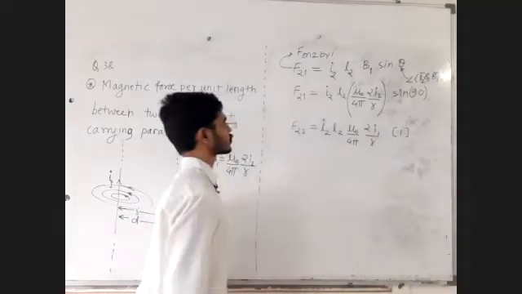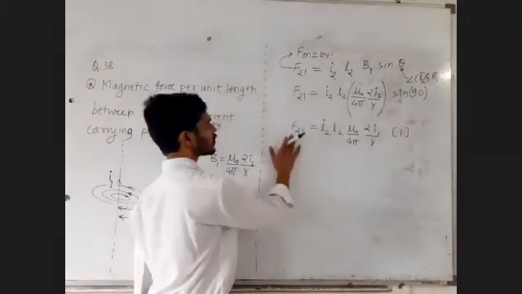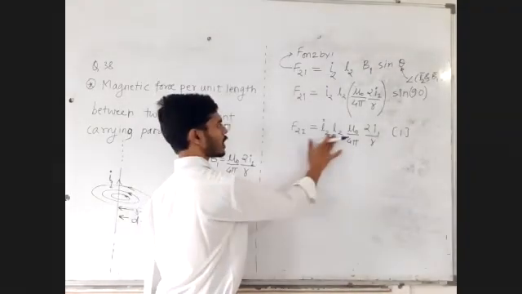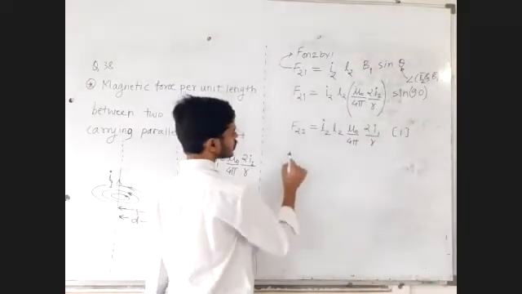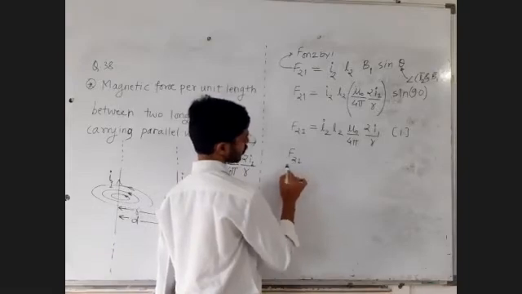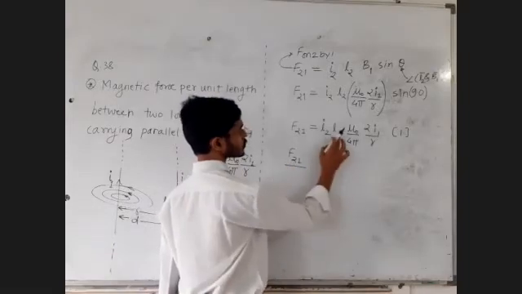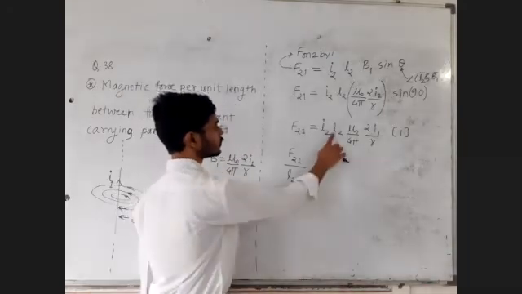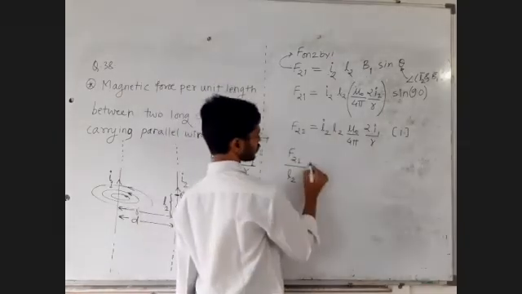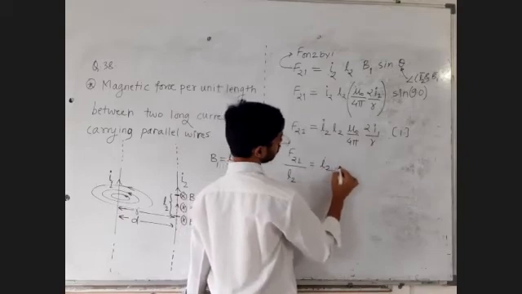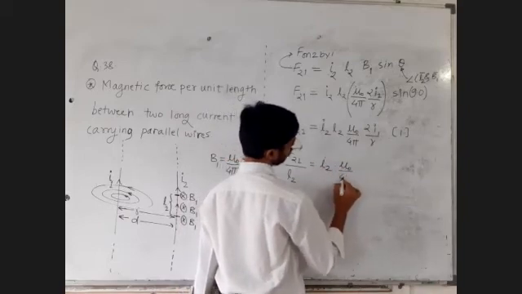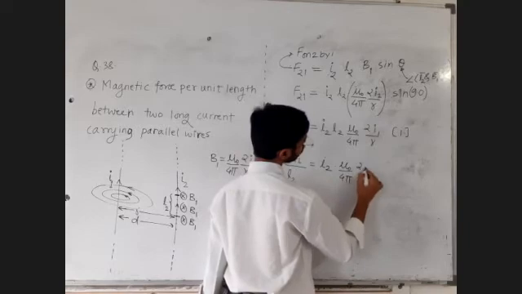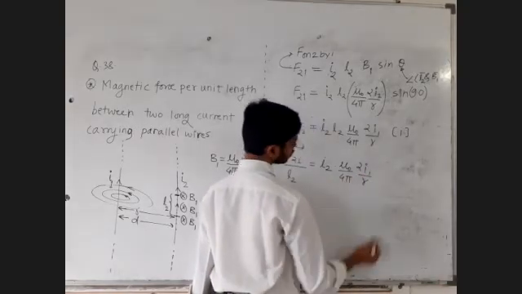Sir, we want force per unit length. ठीक है? Force on the wire 2 divided by length of the wire 2. So force on the wire 2 because of the wire 1, दुसऱ्या wire वरचा force divided by दुसऱ्या wire ची length. So this will give me force per unit length. This L2 in the denominator. So that will give me I2 into mu 0 upon 4 pi 2 times I1 upon r.